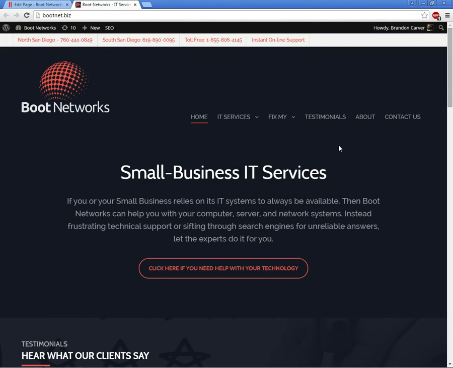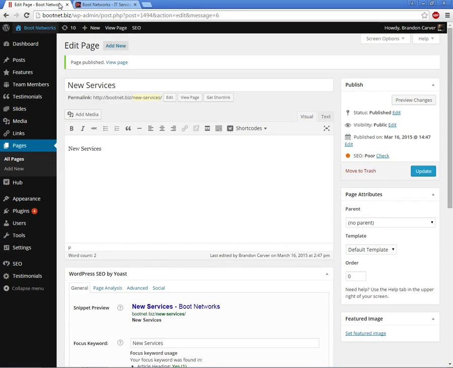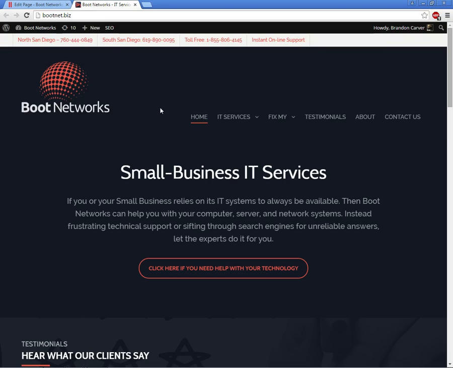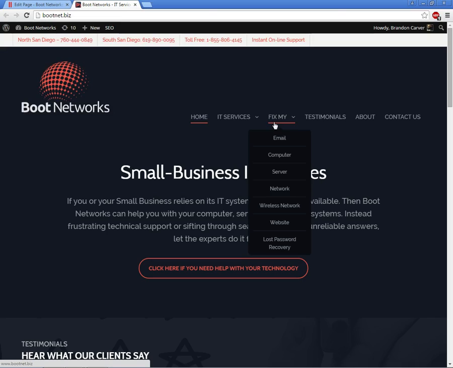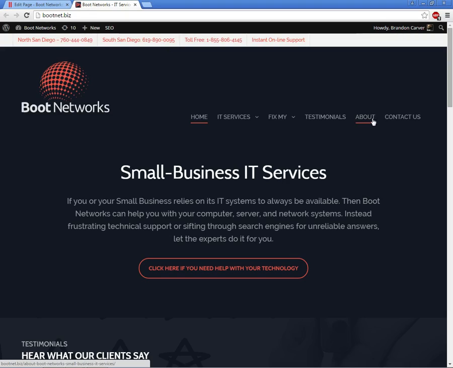That's because WordPress doesn't want to assume where to put that page, because you haven't really told it what to do with this page. It's a new services page, but do we put it under IT services? Do we put it under small business IT services, maybe cloud services or products? Maybe it's under Fix My. Maybe it's a main menu item. Maybe it's going to be right between About and Contact Us. WordPress doesn't know that,